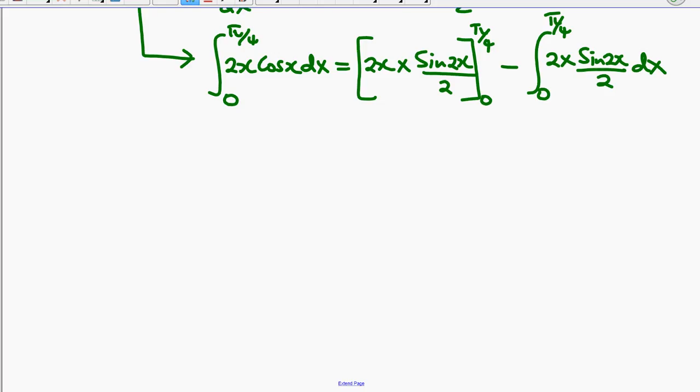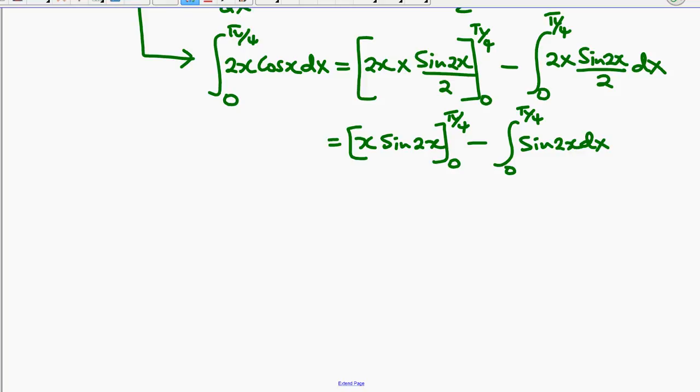Carry on. We'll end up with x sine 2x from 0 to pi over 4 minus the integral from 0 to pi over 4 of sine 2x dx, which gives us